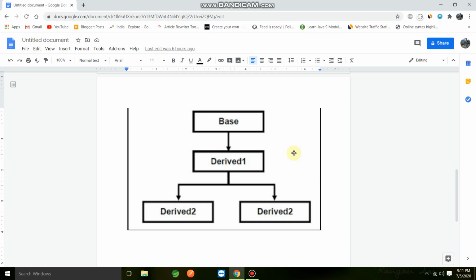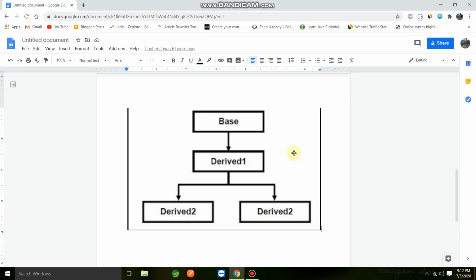So hybrid is basically what we have learned, the combination of those inheritance types. If you know all of the inheritance basics very well, hybrid inheritance is very easy to implement. There is no issue, and you can implement it simply. So that's it for the theory of hybrid inheritance.